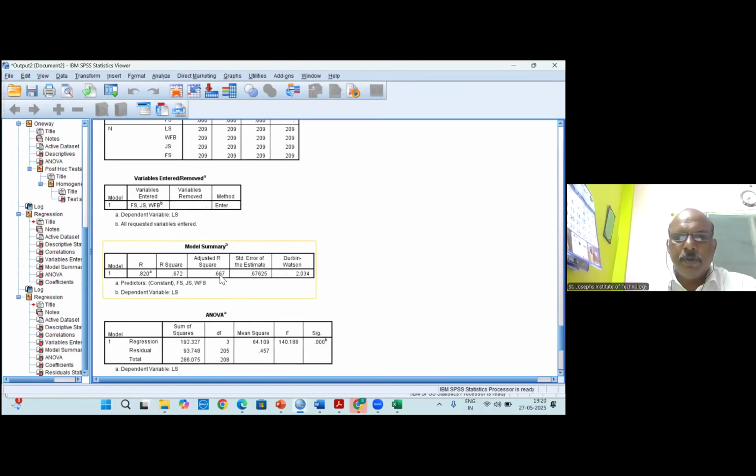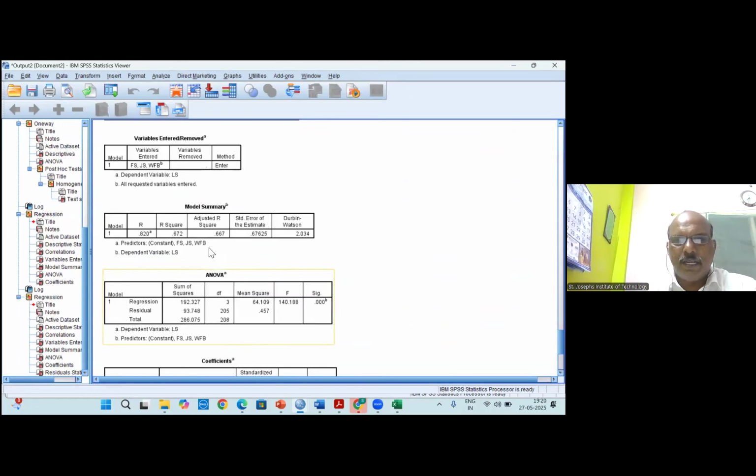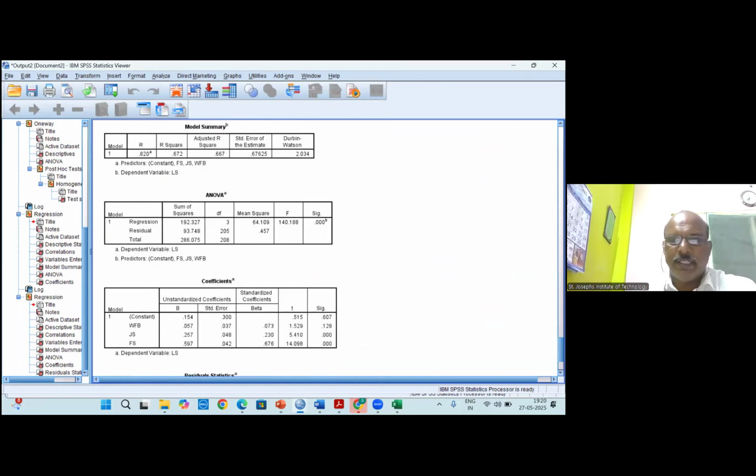So this R square, I'll say that the model is significant and all those things, the R square is increasing. Whatever variable you are adding, R square is significant. Okay. Now you see that